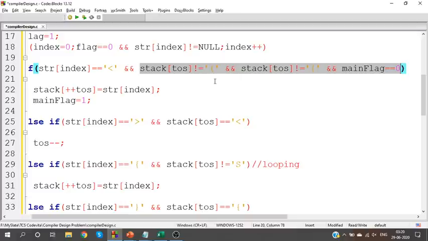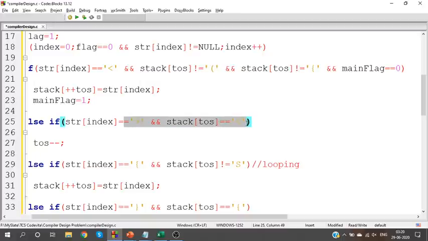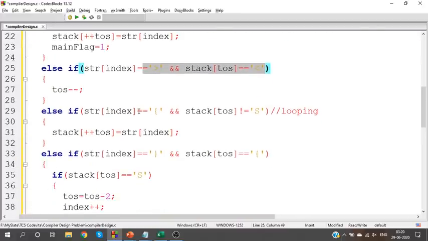So if your question is different, change it accordingly. Okay, next case. When I see a close bracket, I should ensure I have a matching open bracket. Similarly, for a looping bracket, I should ensure that the loop is present within the function. So I'm ensuring that it is not empty. Okay, it should have some function, it should not be empty. Empty means I'll have the starting bracket, right? So it should not be the starting bracket only, only then I have a function, right?